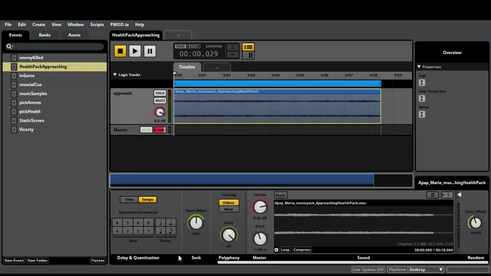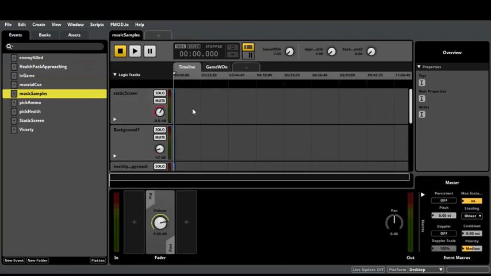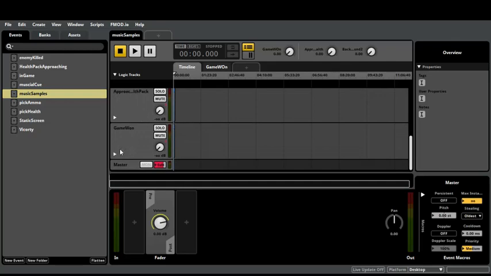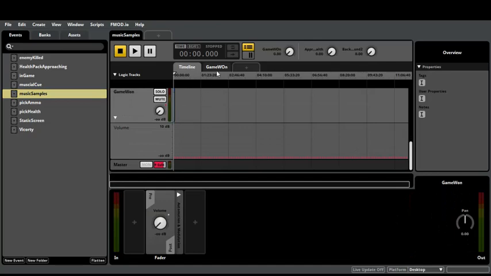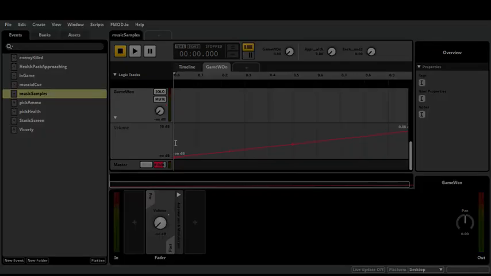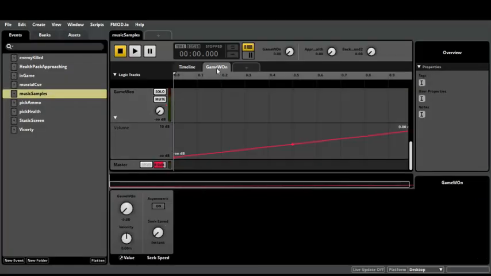So I used audio event parameters in my FMOD project. This was done by adding events, parameters, sorry. This button was clicked and the new parameter was added and it was renamed. I renamed it to game 1, and now